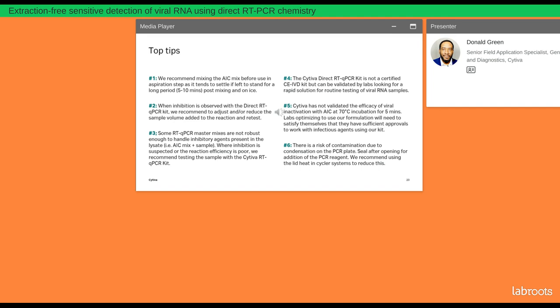Keep in mind the Cytiva Direct RT-qPCR kit is not certified or CE IVD marked, but it can be validated by labs looking for a rapid solution for routine testing of viral samples. So you can do the validation in your lab and do your own developed LDT. Cytiva, again, has not validated the efficacy of viral inactivation with AIC mix at 70 degrees, incubation for 5 minutes. Again, labs optimizing to use our formulation would need to satisfy themselves that they have sufficient approvals to work with infectious agents